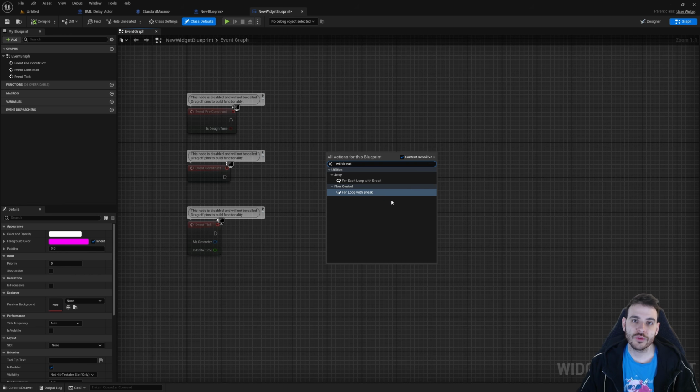If we want to have access to those functions inside the widget, we have to recreate them inside the macro library that is a child of widget. Yeah, that's a bit annoying, and that's probably why Epic didn't integrate those functions inside the engine. Oh, that, or maybe just because it's not really recommended. Anyway, we're gonna create them ourselves because we want to have access to those functions inside the widget. So we're gonna do the same exact thing, but inside the macro library that is a child of widget this